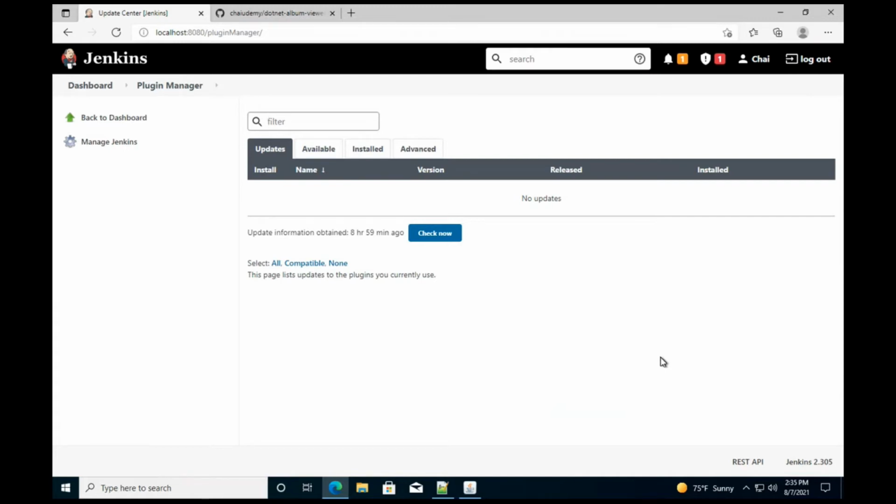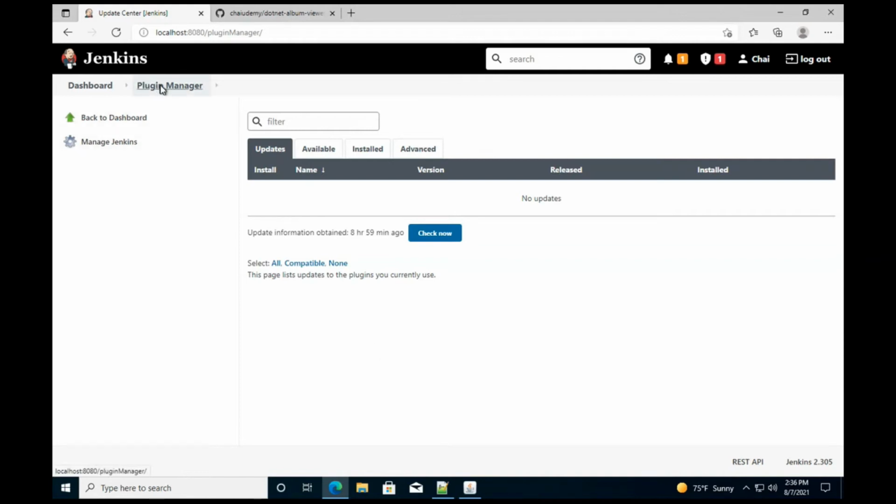For example, if you want to build a .NET code, it's not built into Jenkins. You will use a plugin, an MSBuild plugin, to build a .NET code. And if you want to zip a set of folders, you need another plugin which can do the zipping and unzipping. So here you see, if I go to the plugin manager, and if you're an admin,